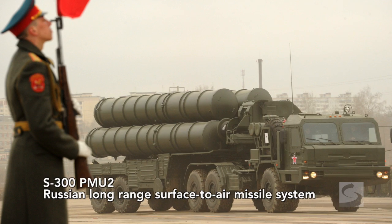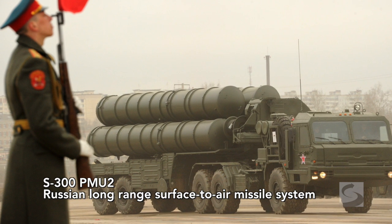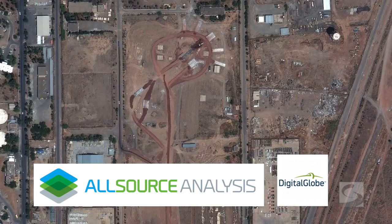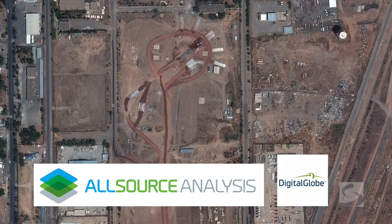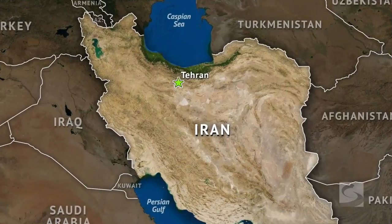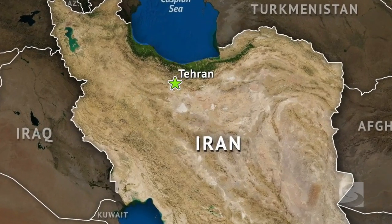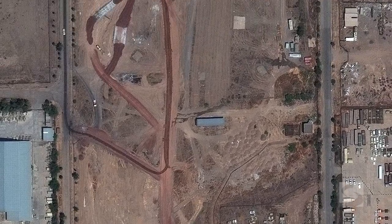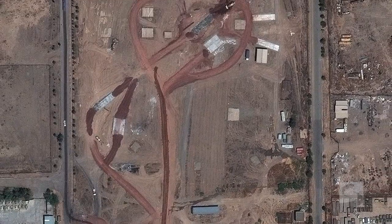Here at Stratfor, we've been tracking the deployment of S-300 air defense systems to Iran over the past year. These systems were delivered in May of 2016, and now we're seeing the first signs of their actual deployment. In satellite imagery that we obtained through our partners at Analyst, we can see that one particular base on the eastern outskirts of Tehran is now having a lot of construction done that indicates that this base will actually house